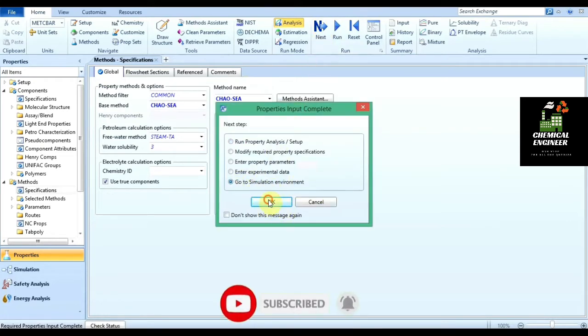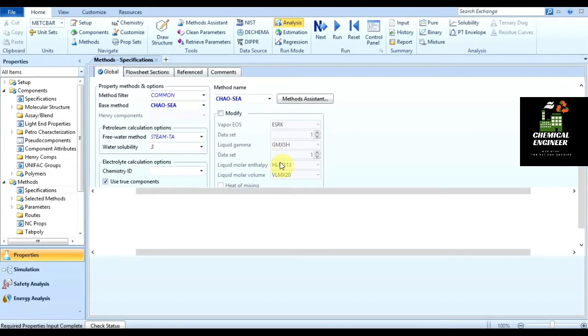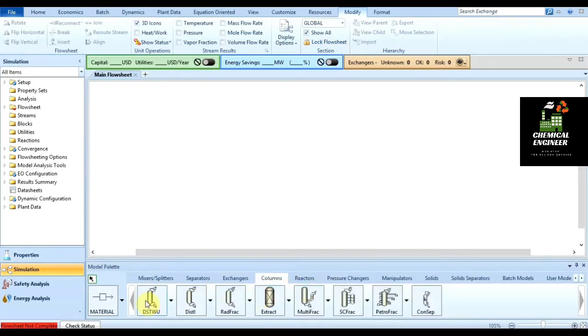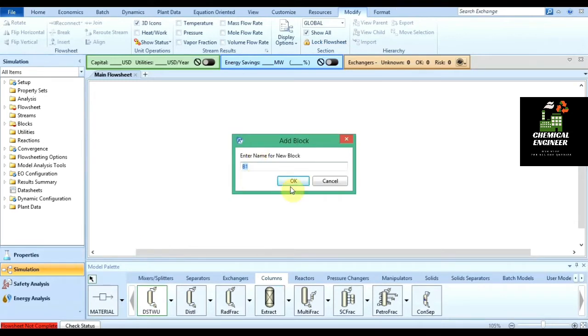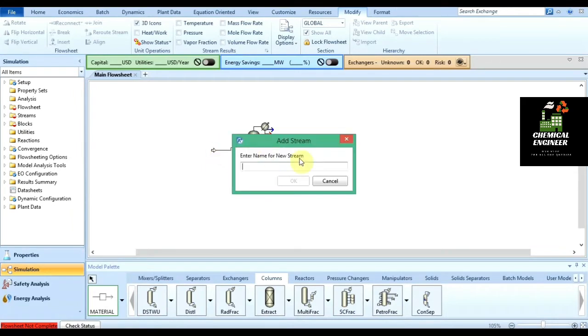Next, click on next, then go to simulation environment. In simulation environment you have to use DSTWU column. So what is DSTWU column? In columns you will find DSTWU. It is actually a shortcut column using Winn, Underwood and Gilliland's method. So question 2 for this video is what is the significance of these three methods, that is Winn, Underwood and Gilliland's. So select the DSTWU column and attach the material streams